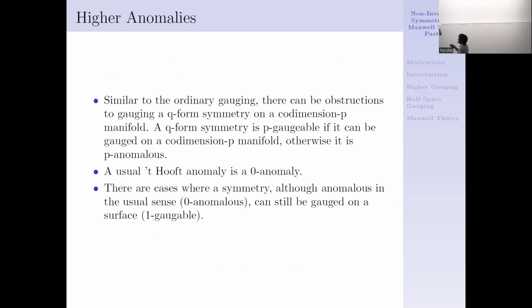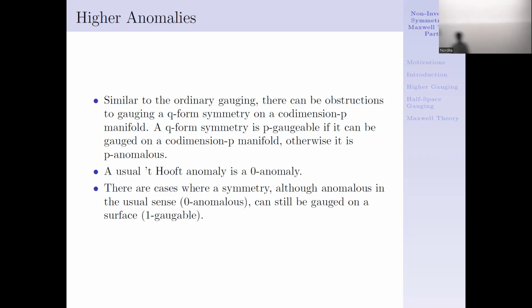Okay, so similarly to the ordinary gauging, there can be obstructions to gauging a Q-form symmetry on a codimension P manifold. And we say that a Q-form symmetry is P-gaugeable if it can be gauged on a codimension P manifold. Otherwise, we say it is P-anomalous. The usual case of a 't Hooft anomaly corresponds to a 0-anomaly in this language. And there are interesting cases where, although there is a 0-anomaly and we cannot gauge the symmetry in the whole space-time, we can still gauge it on a